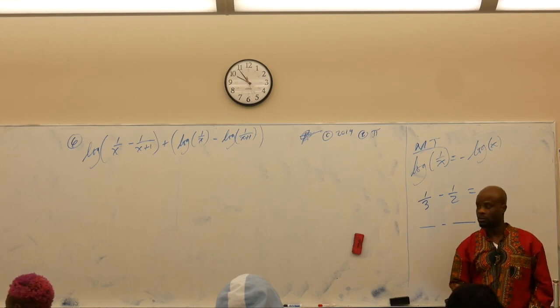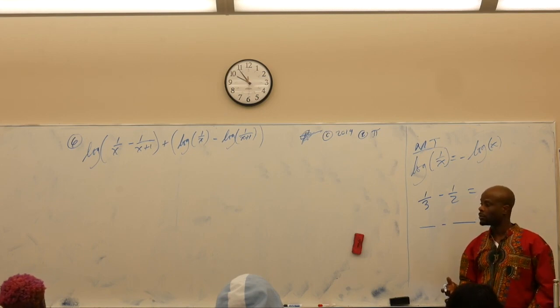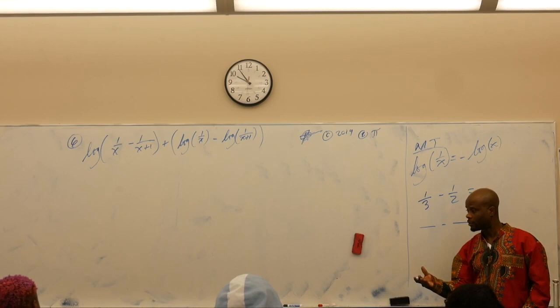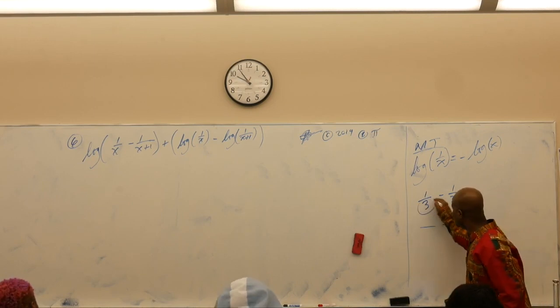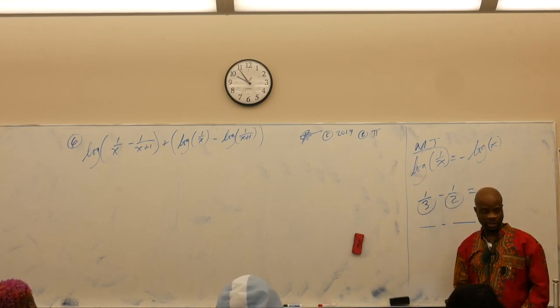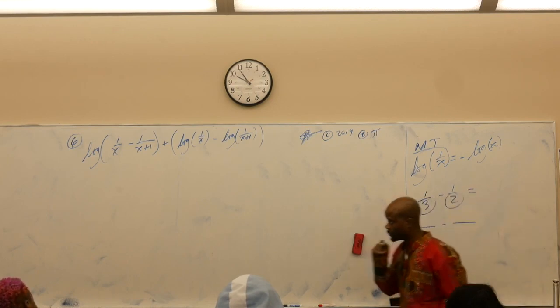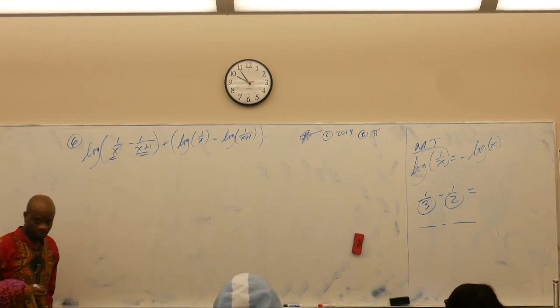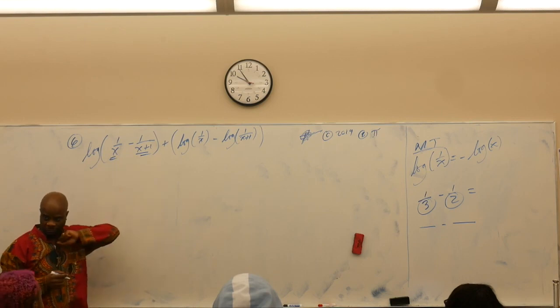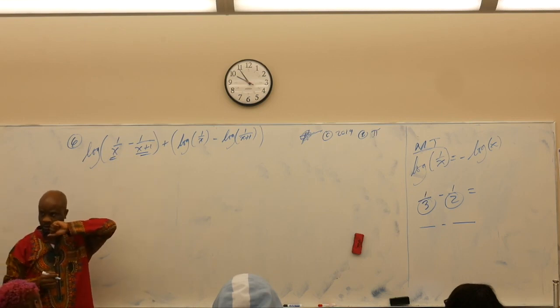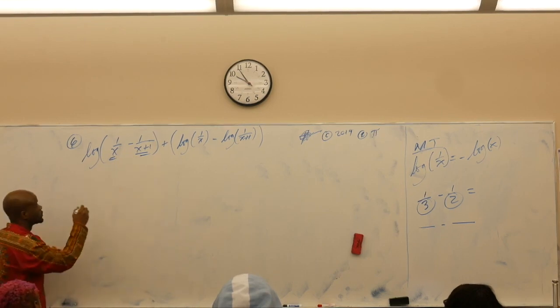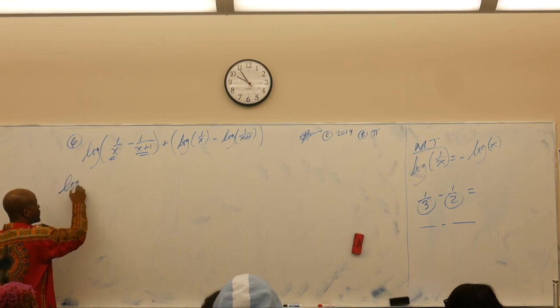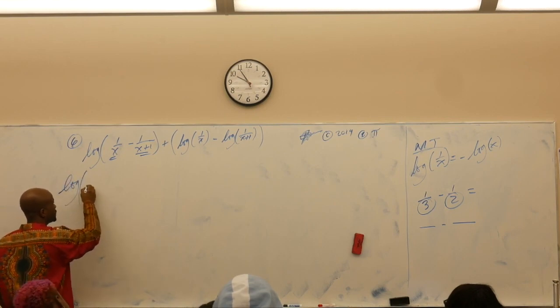We have 6. How did you figure that? Because we multiply the denominators, right? So same thing here. This is an x and an x plus 1, so the common denominator is going to be x times x plus 1. Just like we had a 6. So this is going to be the log of